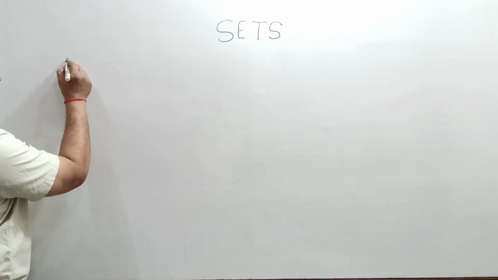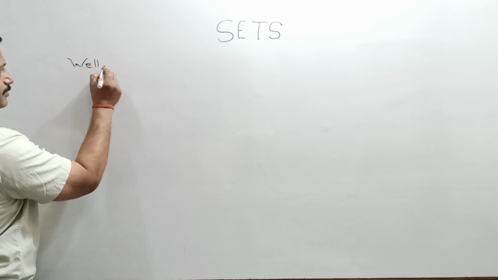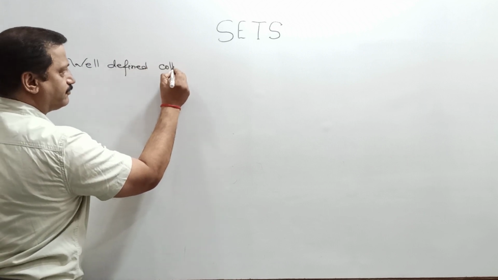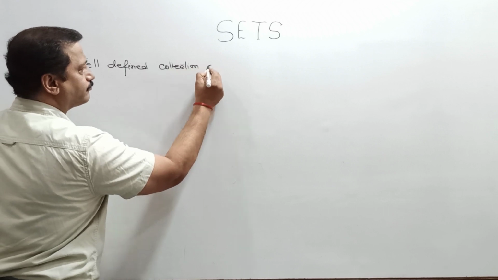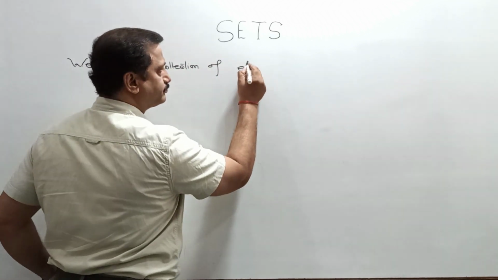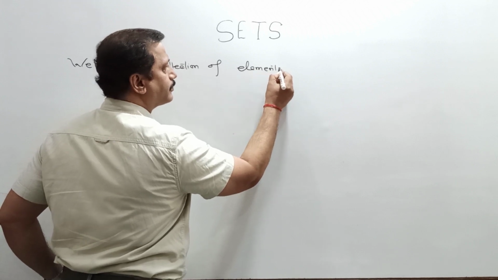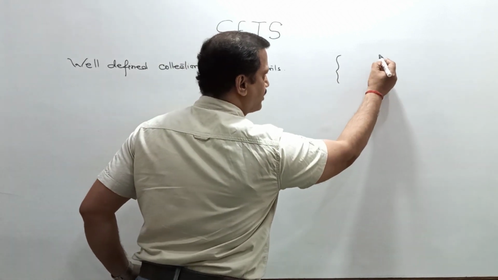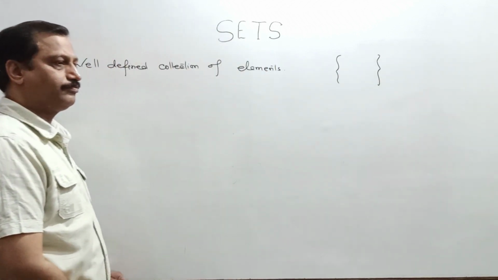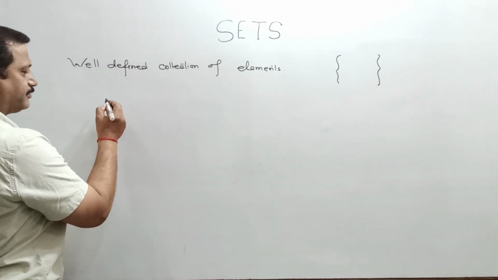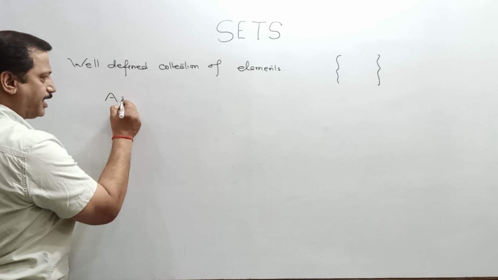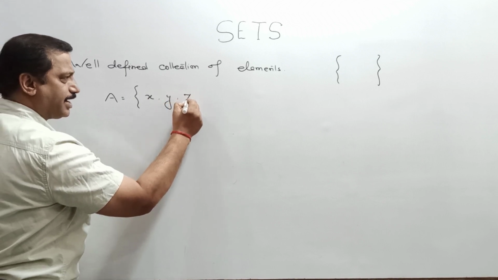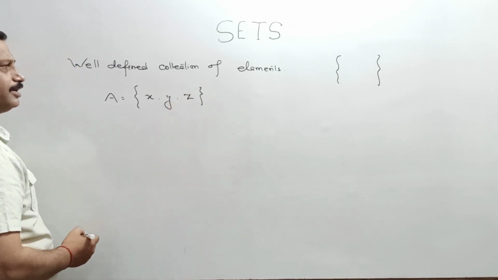Set is a well defined collection of elements represented by curly bracket. If A is a set of elements containing x, y, z, then